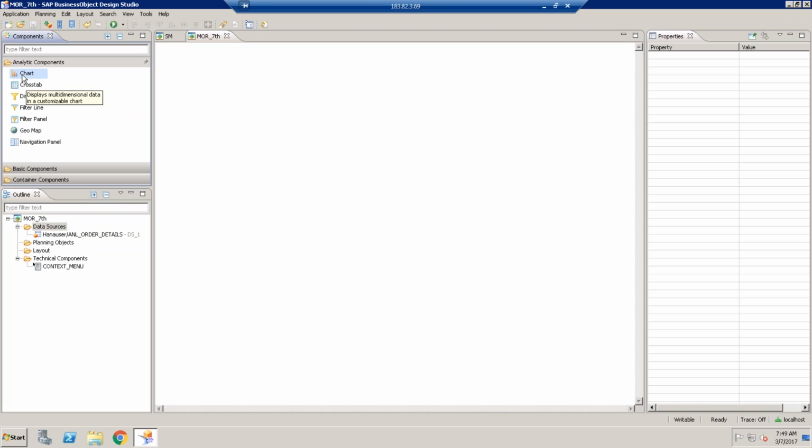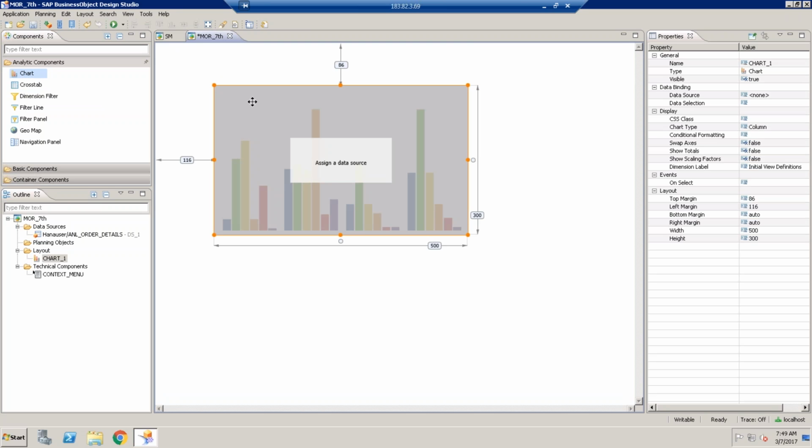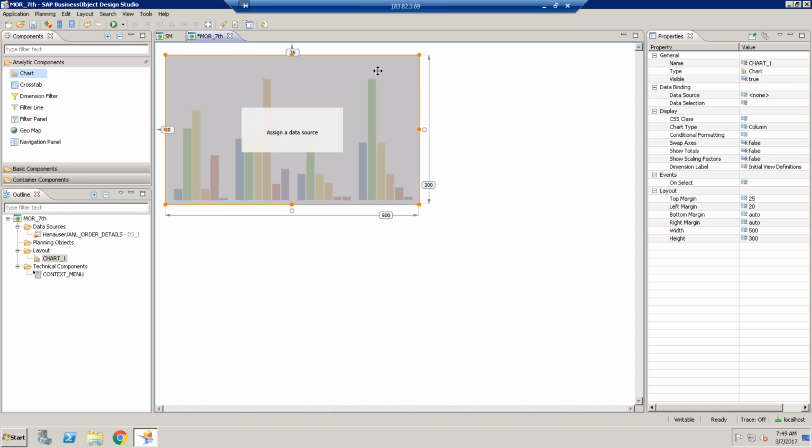Okay. So now we come to the various components. First one is the chart. Maybe if you have used any other reporting tool like Webby or Excelsius, whenever you add any component,